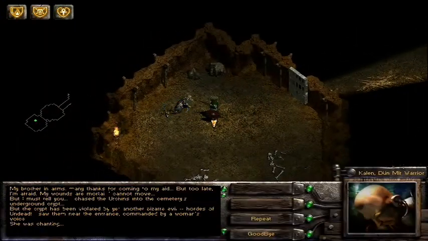Who's that? My brother in arms. Many thanks for coming to my aid. But too late, I'm afraid. My wounds are mortal. I cannot move. But I must tell you, I chased the urchins into the cemetery's underground crypt. But the crypt has been violated by yet another bizarre evil. Hordes of undead. I saw them near the entrance, commanded by a woman's voice. She was chanting...